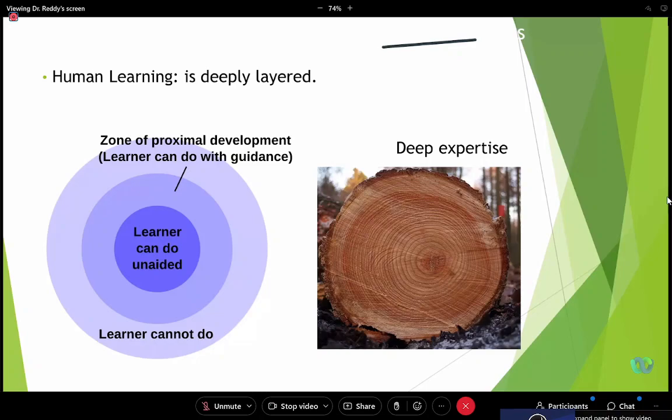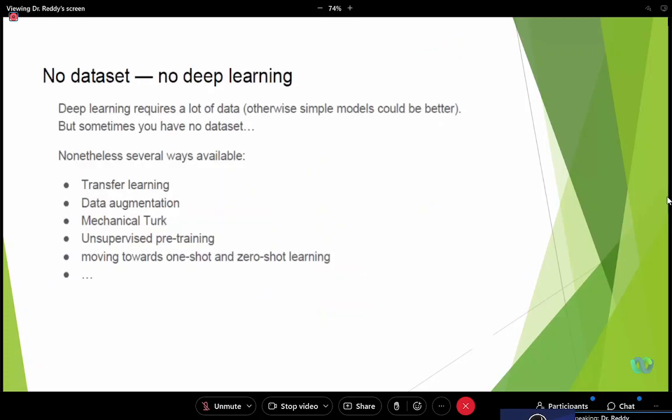Then how such deep expertise is going to be modeled, how the layered architecture is defined, how the weight optimization is performed, how the activation functions are developed exclusively for deep learning architectures, and how the aggregation functions are being used. All those things have to be taken care of here.